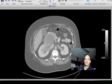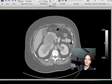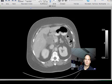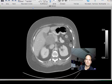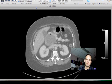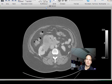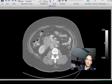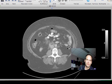Well, one thing that can give you a hint here is the relation of the mass to other anatomic structures, and probably the most informative one here is the duodenum. So here you can see the stomach. The stomach sweeps over here, and here you have the proximal duodenum, the first portion that goes over to the right a little bit, and then the duodenum starts heading south. So it's a superior-inferior orientation. That's the second portion of the duodenum there, and then you can see the third